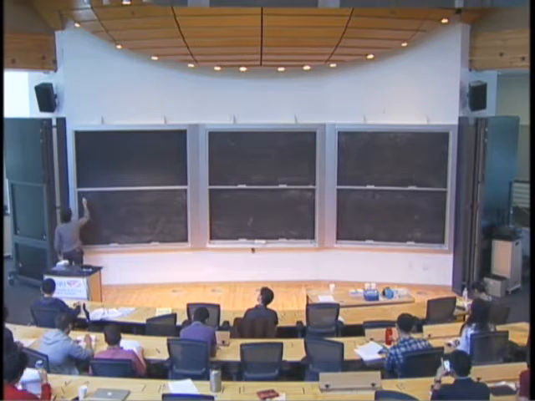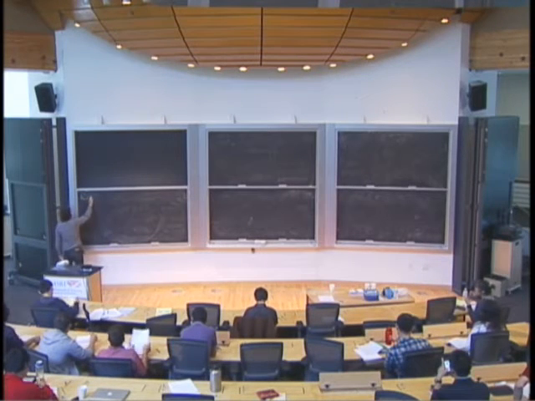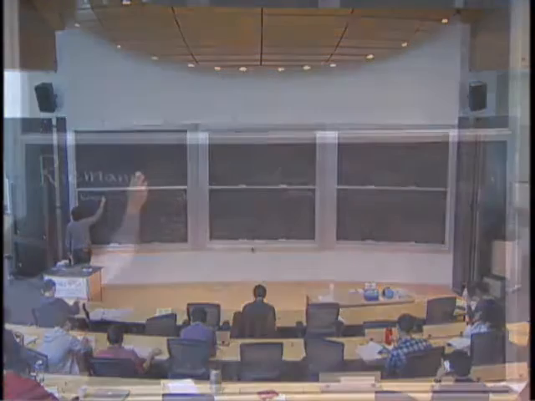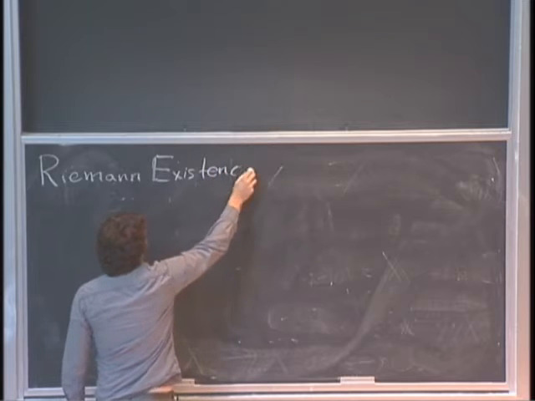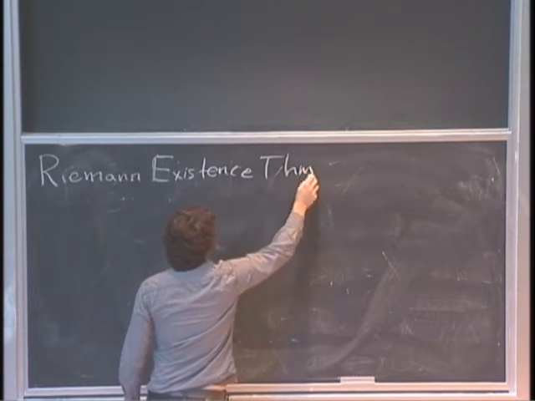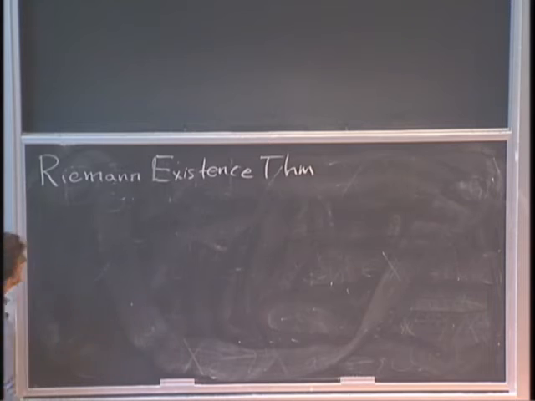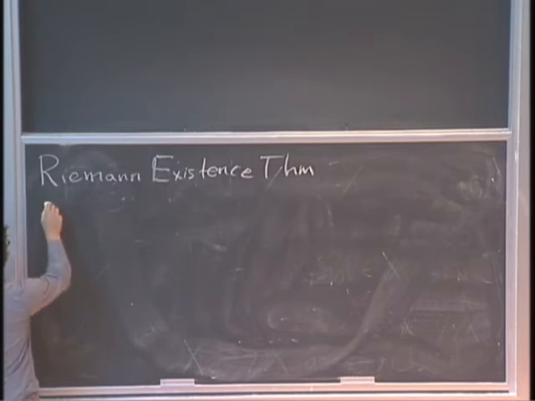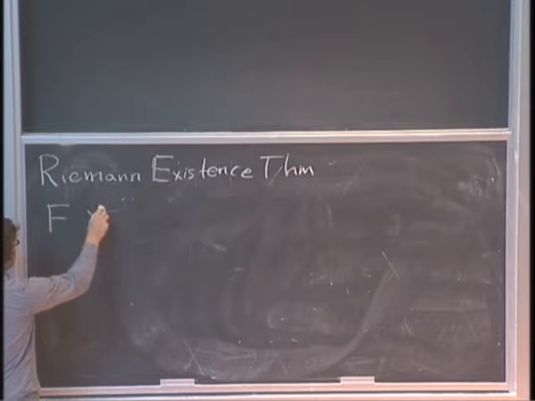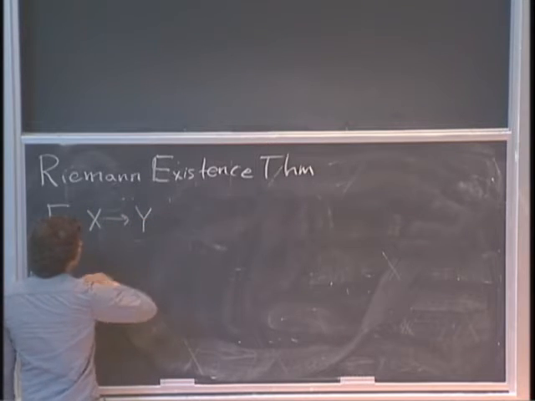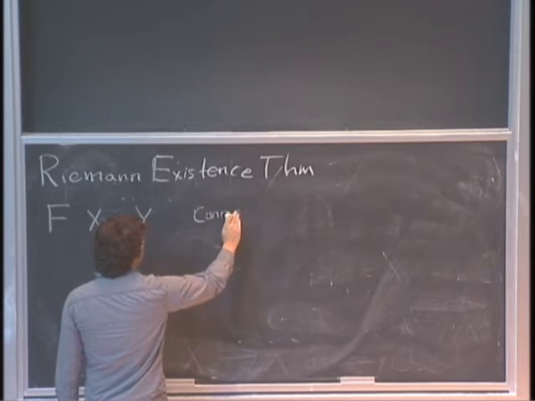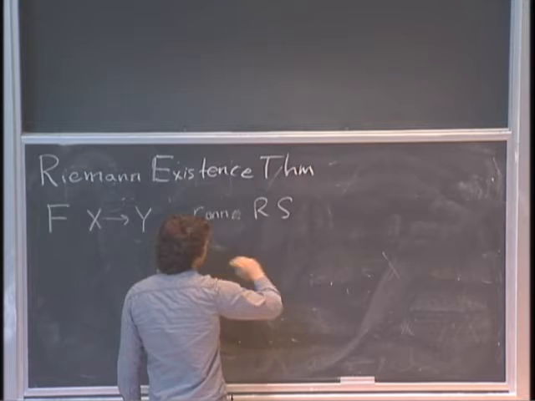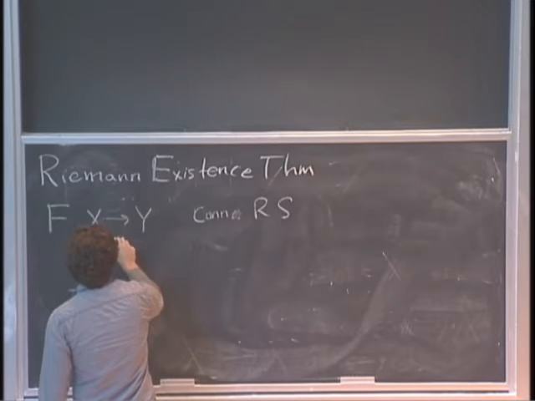So I wanted to sketch a proof of that. Right, so the idea was that we observed that if we had a proper holomorphic map F between two Riemann surfaces, X and Y, which are connected, and this was important, and this was proper and holomorphic,